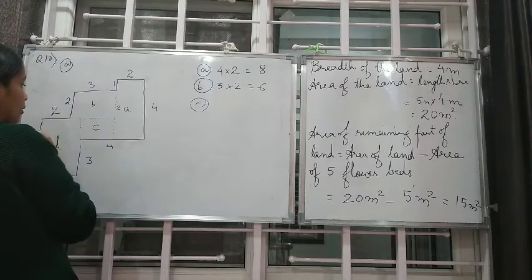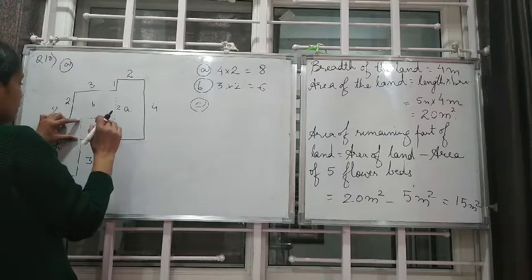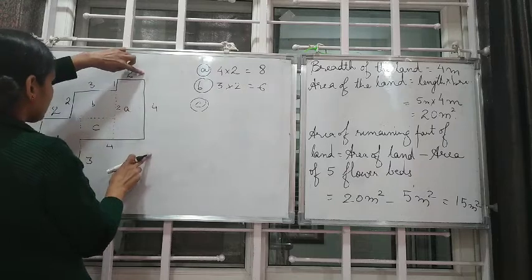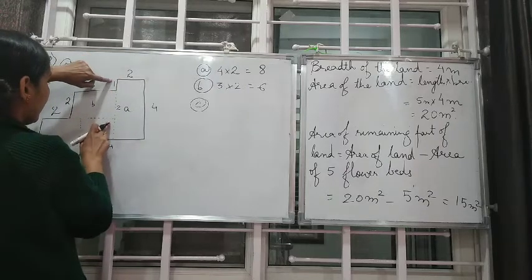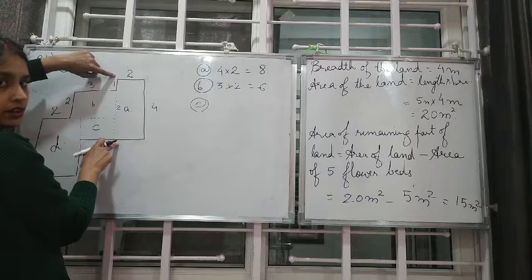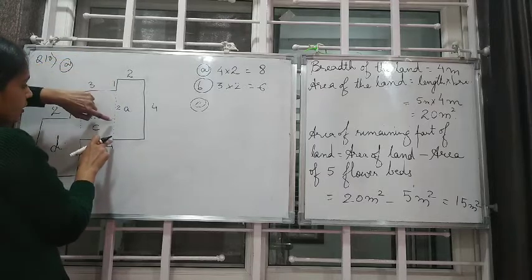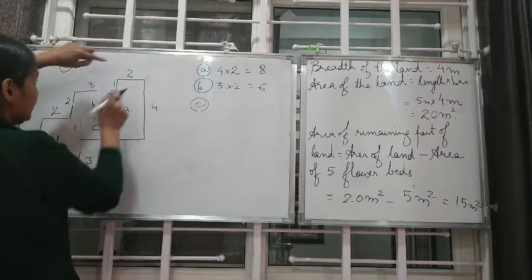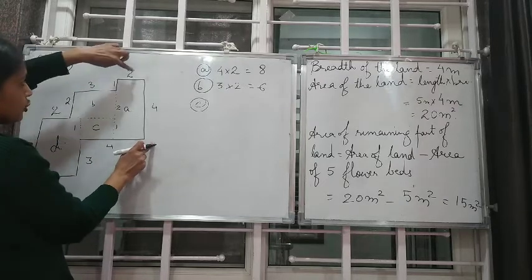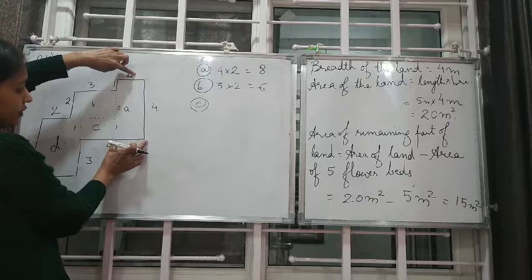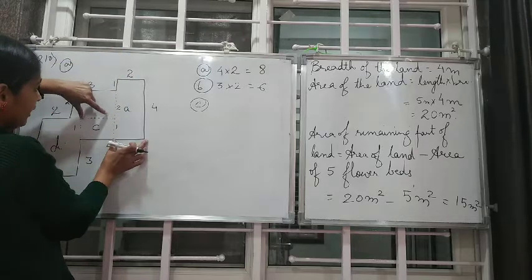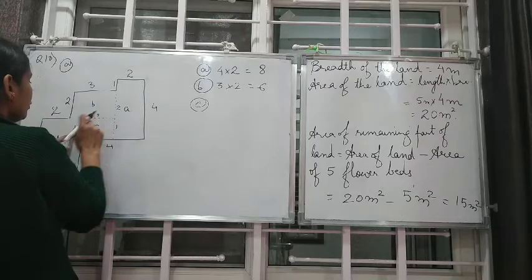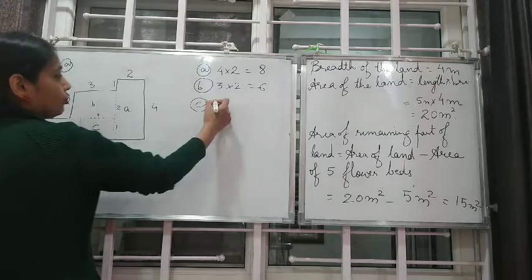C, nothing is known. But I'll tell you. If you will see the figure, this is 4. This is 2. This is 1. So this will be 1. Total of 4. Correct? 2 plus 1 is 3. 3 plus 1 will give us 4. So this is 1. Similarly, this is 4 and this is 2. That means if this much is 2, this much is again 2, because 2 plus 2 is 4, which is given. So this is 2. So 2 1s are 2.